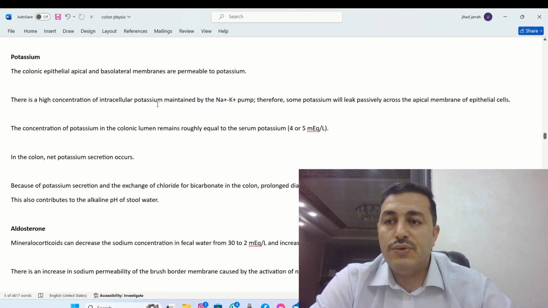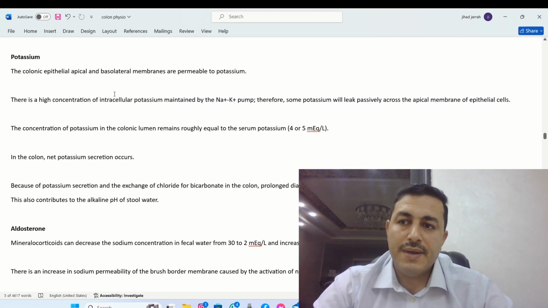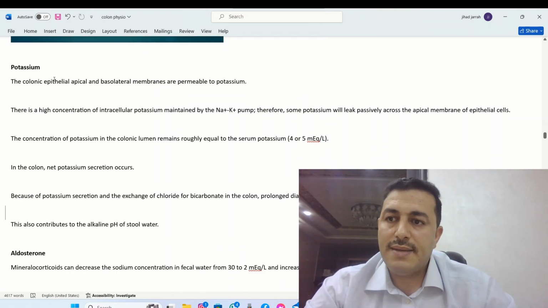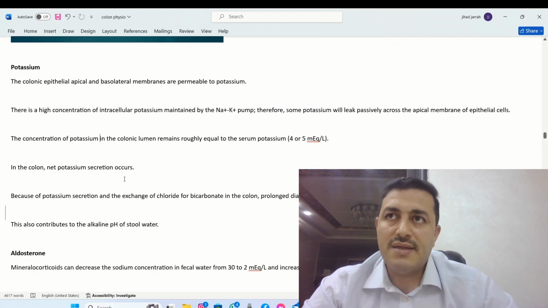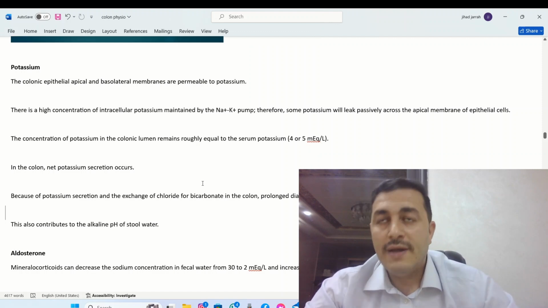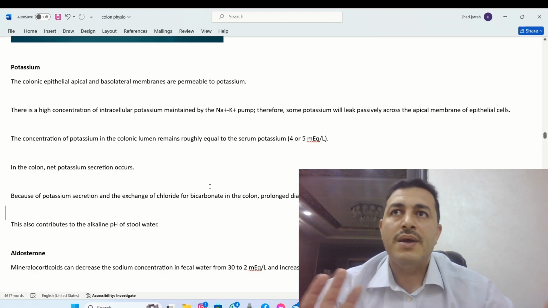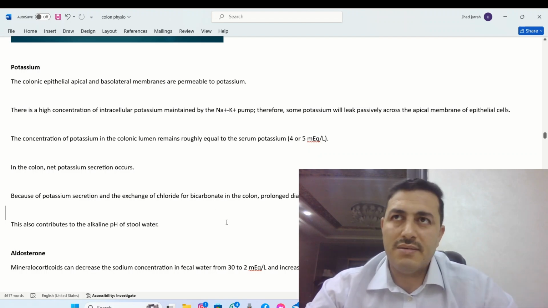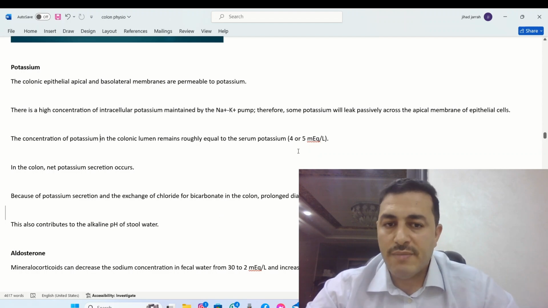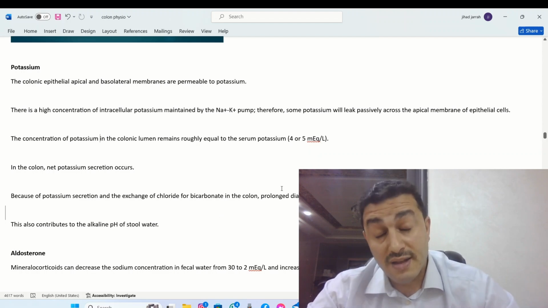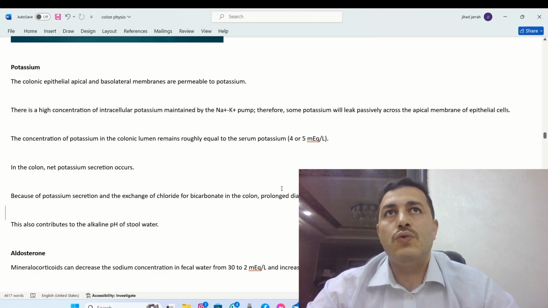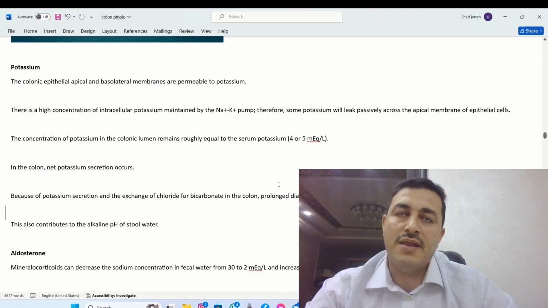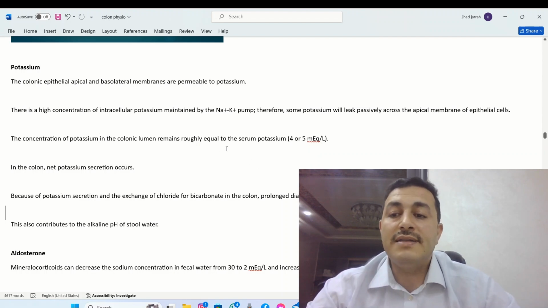Let's move to potassium. We previously explained it. As we said, potassium is secreted in the epithelium, excreted with the stool. The concentration between the serum potassium level and colonic lumen is the same, 4 to 5 milliequivalent per liter. This is under aldosterone. Aldosterone will increase the secretion of potassium in the stool, and